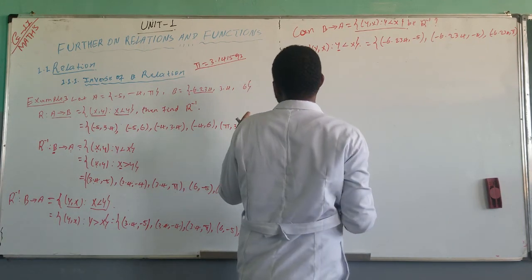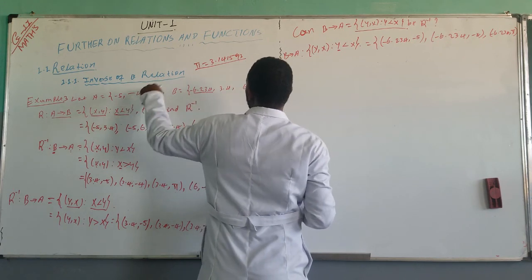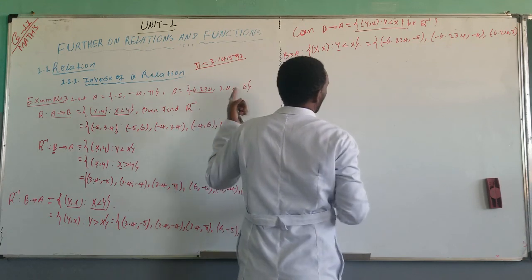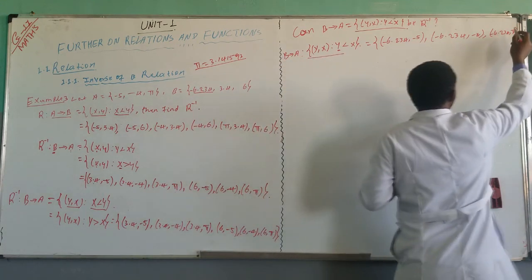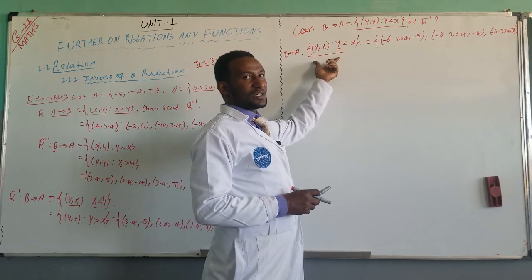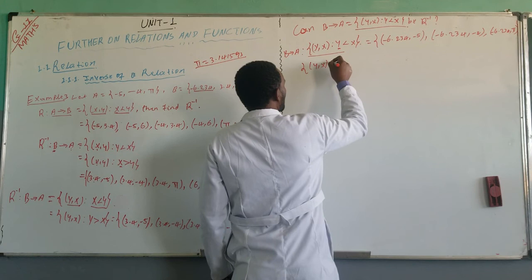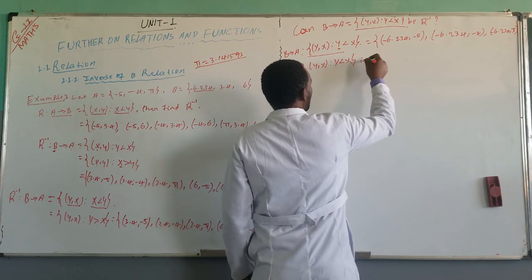Also we cannot say 3.4 comma negative 5, negative 4, 3.4 comma pi. Therefore, this relation is this one. From this relation, we consider that y comma x such that y less than x is